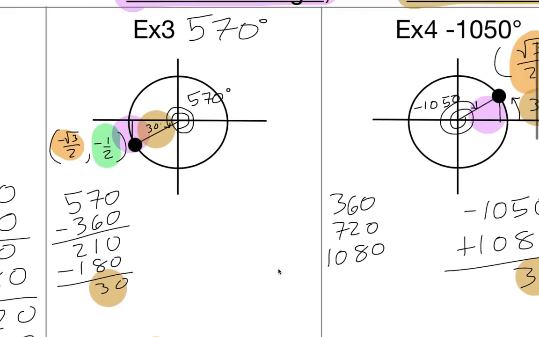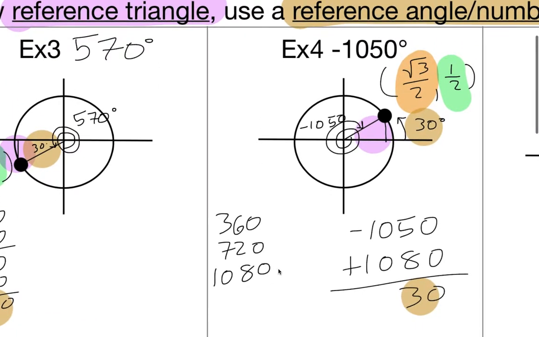All right, so negative 1050, oy vey. What are we going to do with this? I do know that the rotations of a triangle, like if you add 360, one rotation is 360, two rotations is 720, three rotations is 1080. I forget if I have that memorized or not. I think I had to multiply it out. But I think the easiest thing to do would be just full on add 3 rotations until you get to